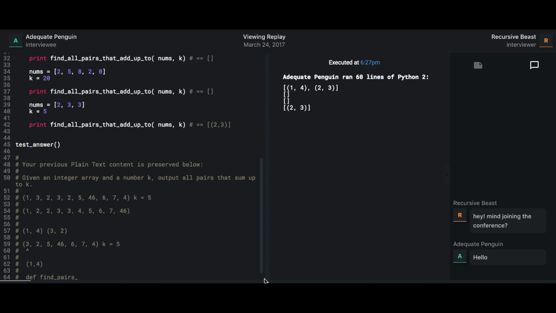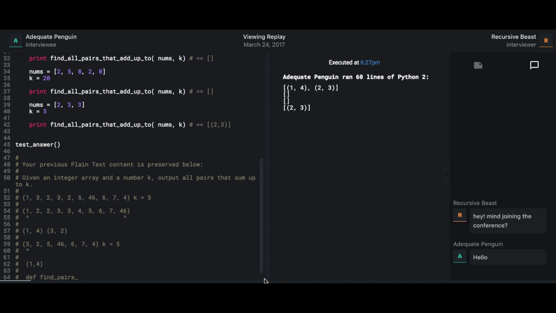Then, okay, I would use a two-pointer approach. Let's see. If I point to the very first element and to the very last element,